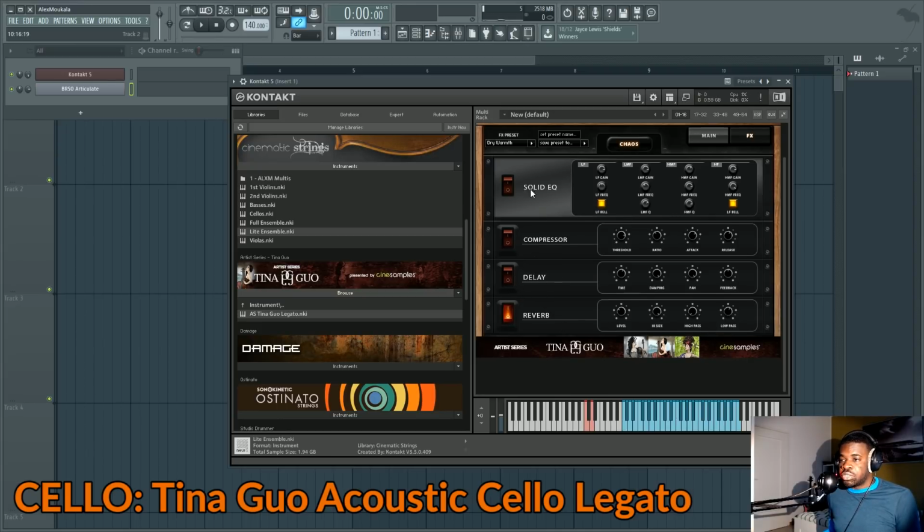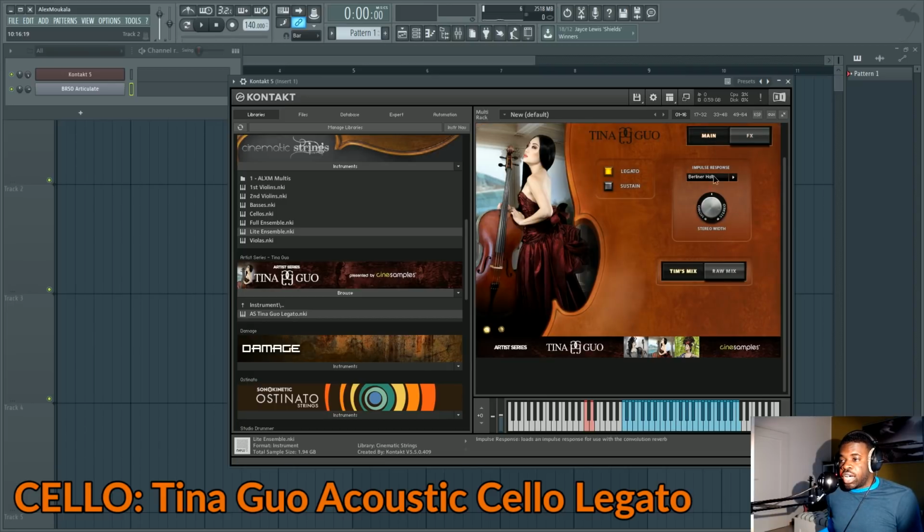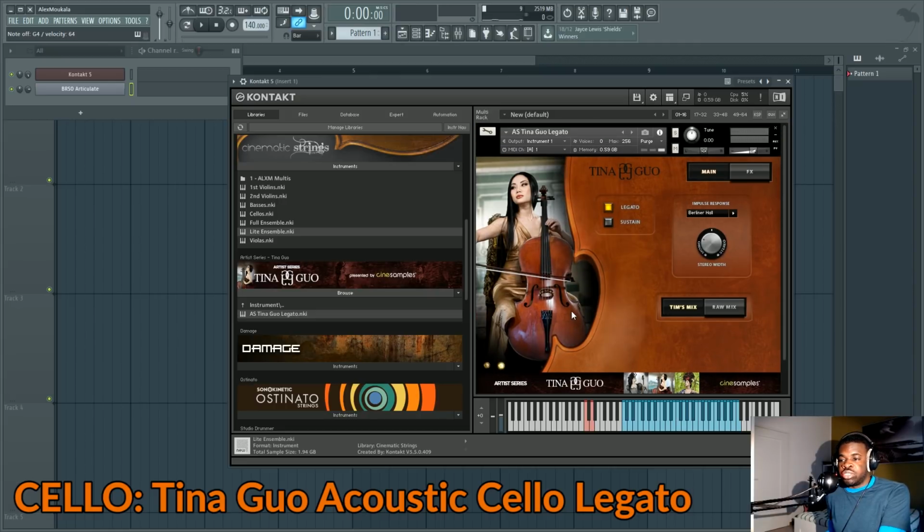set delay, compressor, and solid EQ. And you can put it to mono or stereo with this fader here. So those are the things you can do. And you can change the picture of Tina Guo if you want to, if you prefer this one. But that's just aesthetically